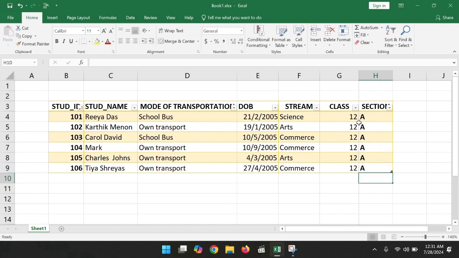So that's it for this video. Although the Table Design tab offers more advanced features, this video of ours focuses only on understanding the basics of creating an